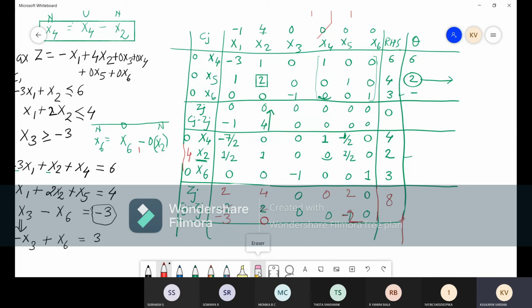Okay, so it is correct, because see here we have basis variables x4, x2 and x6. That means for these variables we should get Cj minus Zj as 0. For x4, 0. For x2, 0. For x6, 0. Whether we can go to the further iteration: minus 3, 0, 0, 0, minus 2, 0. There is no positive value. So there is no scope of going into a next iteration, right? So you can see that